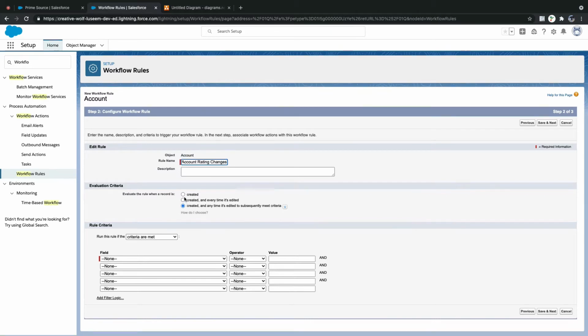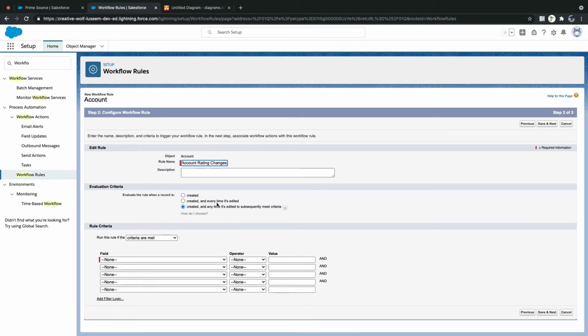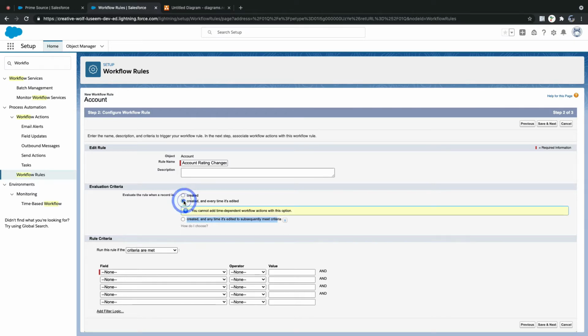We have three criteria as I mentioned: created, created and every time it's edited, and created and any time it's edited to subsequently meet criteria. You can see, right? Created is very straightforward. Whenever you create a record, it will just fire. Let's select created and every time it's edited.